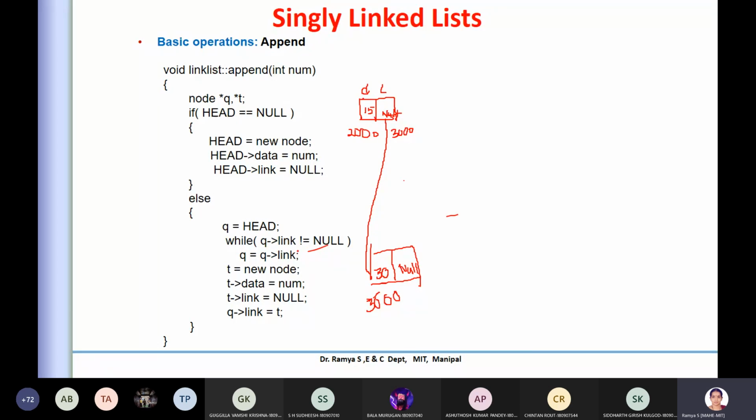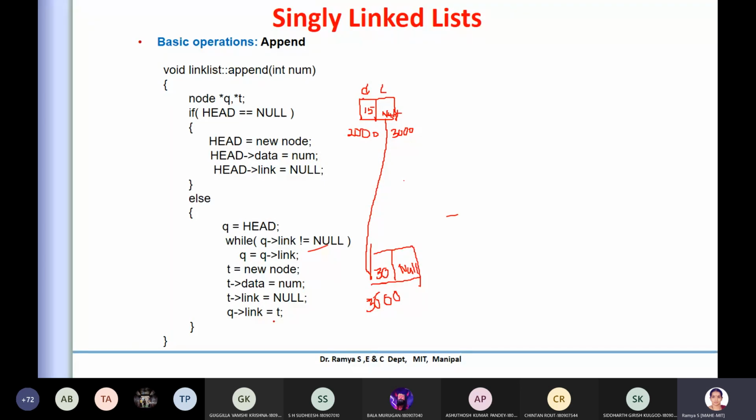In this case there is only one node. I want to add one more node here, so it finds null at the beginning itself, and it will come out of the while loop. It will create a node, which is a structure for us, and this node has two parts, data and a link. In the data it will store the value, say 30 or whatever the value, and this newly created link will have a null value. We are storing the link as null because it's the end of that list. This is very essential for us.